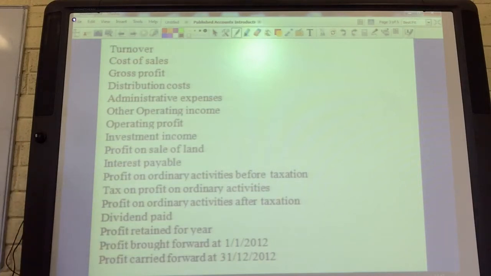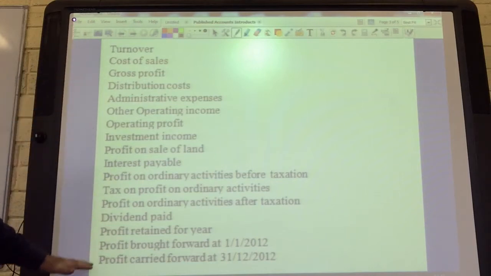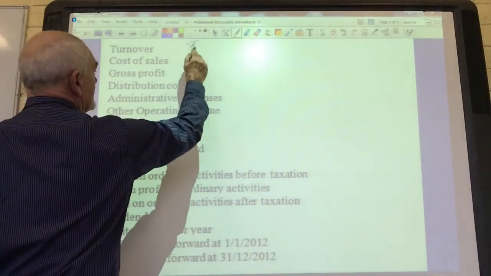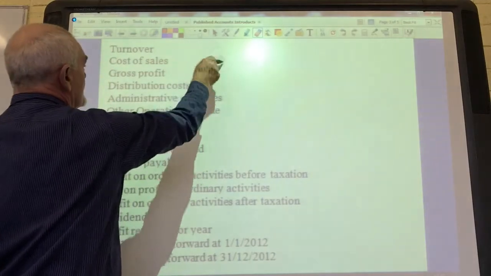This is very different now to the normal internal accounts. So let's have a look at the typical terminology. This is the abbreviated trading profit and loss account, and we start off with turnover. That's what you would normally call sales. But in published accounts, you've got to use that language, turnover,